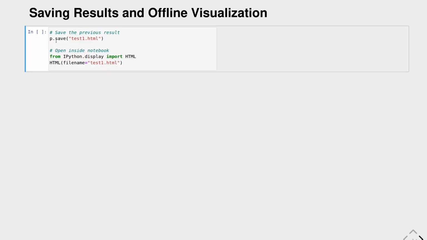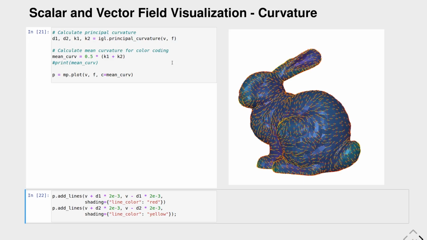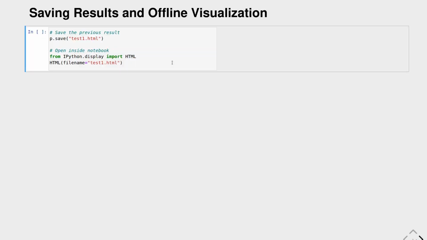So now that you have learned about how to basically load geometry and visualize it, you might also want to save the visualized results into a file, and this is also possible with Meshplot. So here we still have in P the last plot. If you remember, this was just this bunny here with the principal curvatures visualized, and now we can just call the save function on this plot and give it a file name,